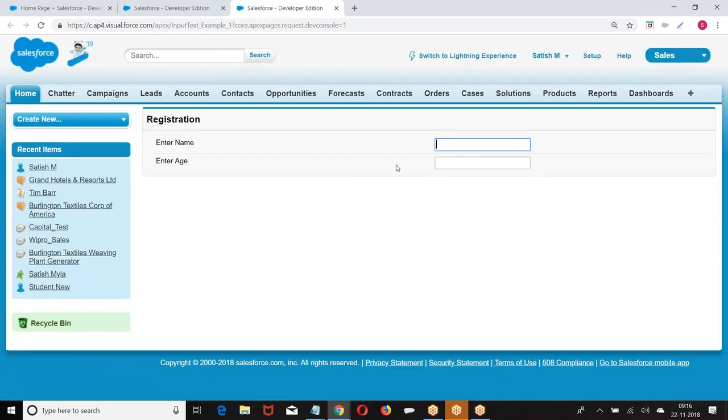But what is happening? Because it is one column, one component, the label is coming here and the box is coming here. They are aligned, but they are not coming together. This is one component in one column, another component in another column. But I want both of them together in one place. Generally one component, one column. If I want to display more than one component in a single column,